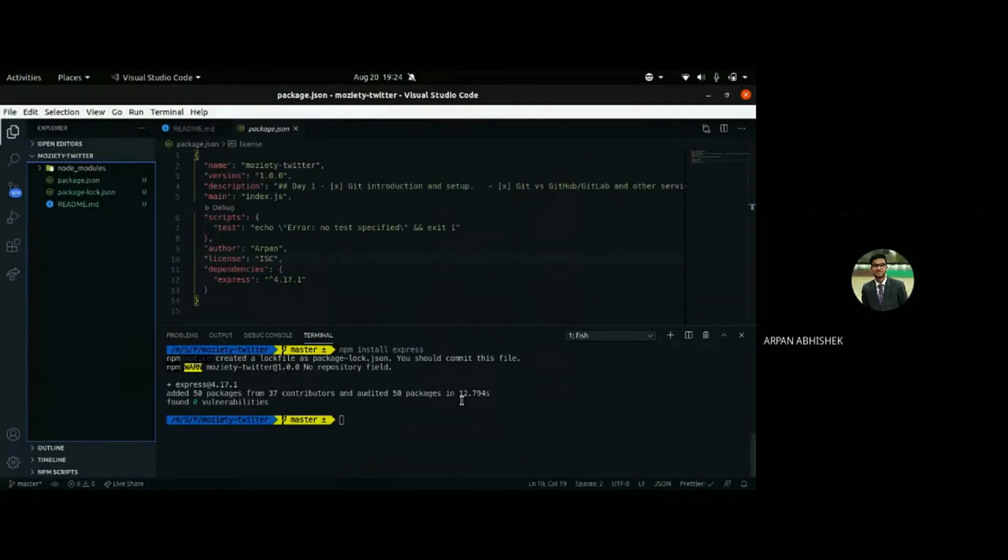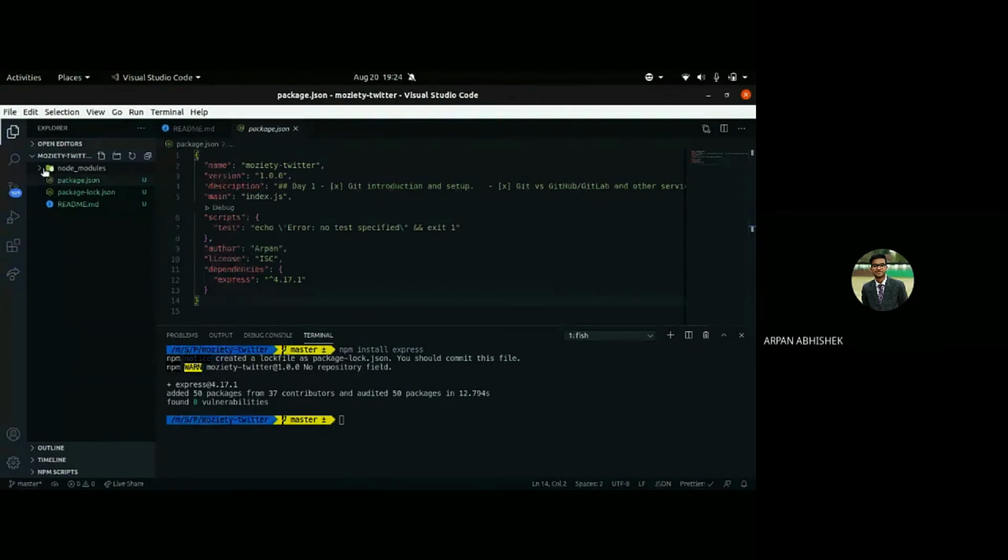Okay, so you can see that our package.json now has a dependencies property which has Express, and it has the version we are using. You can notice that this is also like the object I showed you. It has key and value pairs, right?